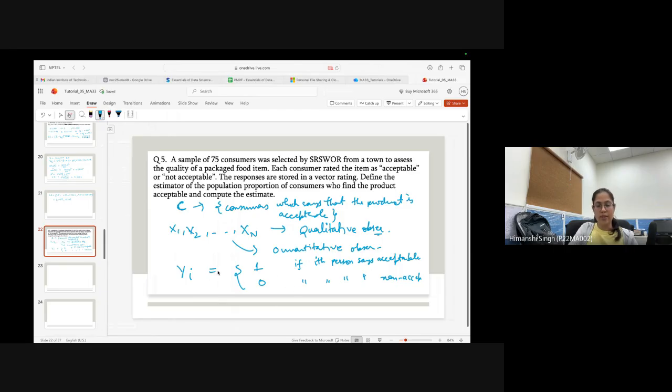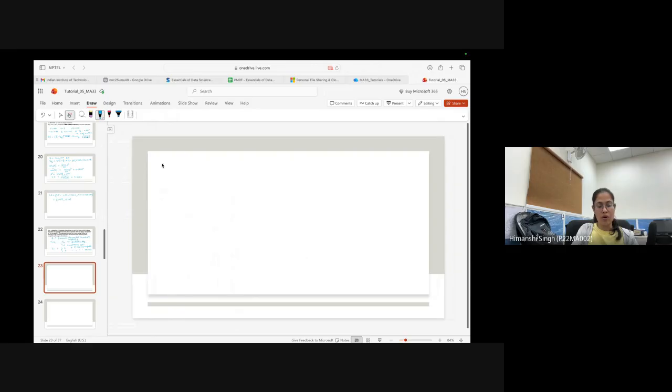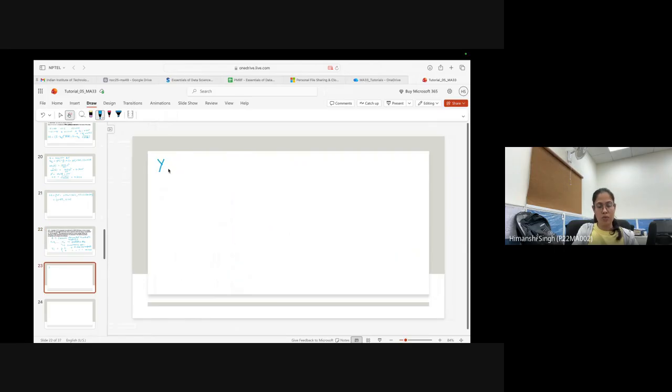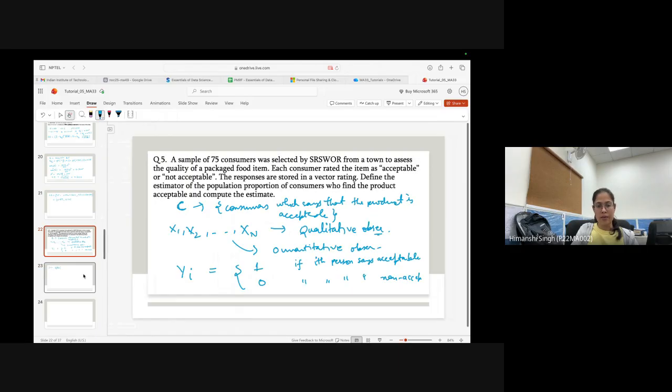How to make this in R, I will be discussing first. If I want to construct a vector y, which gives 1 if it is acceptable and 0 if it is not acceptable, y will be a vector. So I can use ifelse. In R, this ifelse command is used to basically, if I write ifelse, and this is